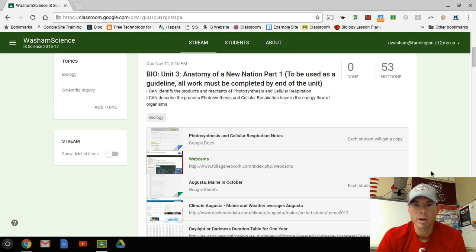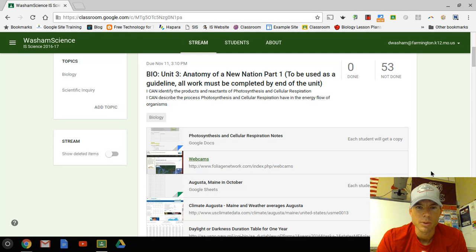So in Unit 3, we're talking about photosynthesis and cellular respiration. Photosynthesis is the process that plants use to make their own food, which involves making glucose or sugar. One of the byproducts of that is oxygen. Oxygen is something animals need, and animals will take in the oxygen through a process of cellular respiration within the